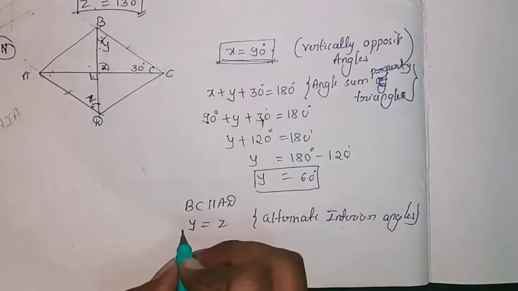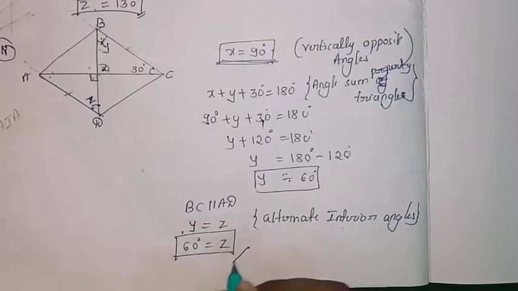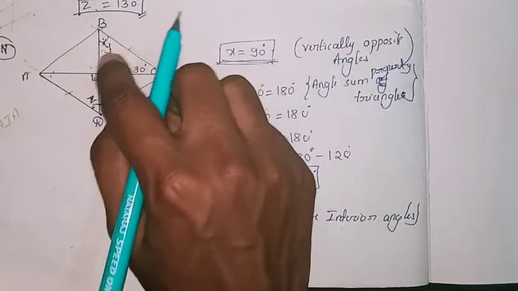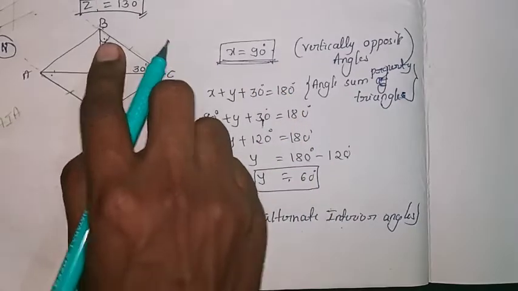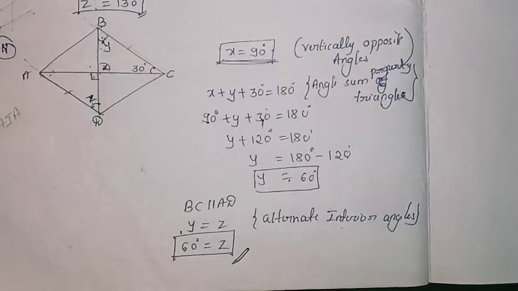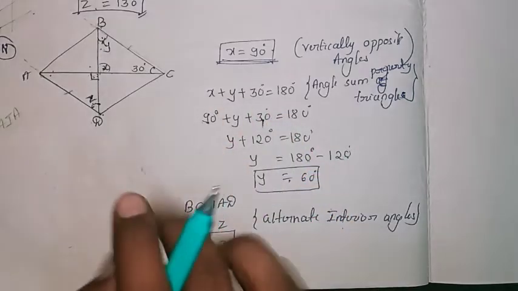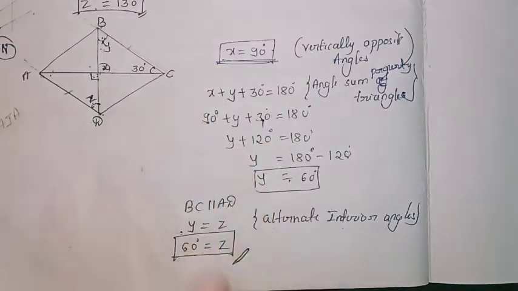Do you know the Y value? Yes, we found that it is 60 degrees, which is equal to Z. This is the value of this one. Here I have explained it. It may come in a 1 mark question also, where they just write one angle, like 80 degrees, and ask for the Z value. Directly you can write it: if it is 80, this will also become 80 because these are alternate angles. For this you need to know which is the vertically opposite angle, the adjacent angle, the supplementary angle, the alternate interior angles and the corresponding angles. You have to learn all of that from this unit.